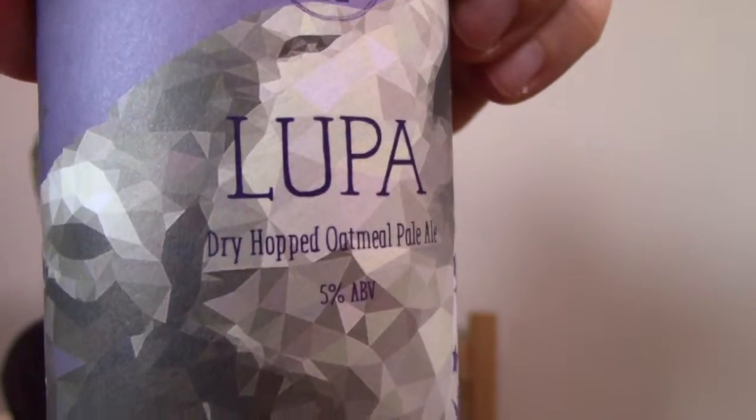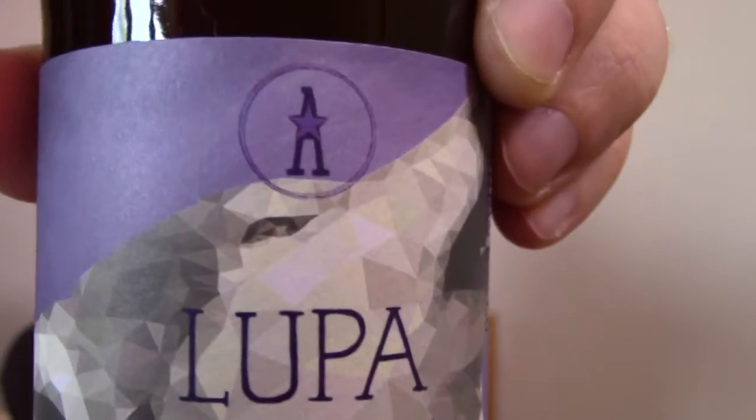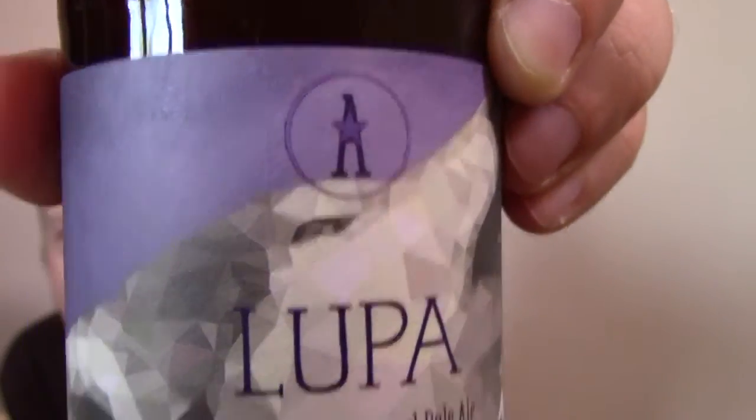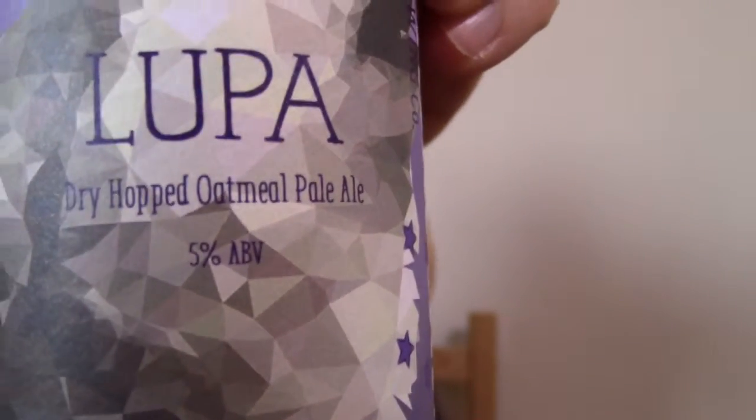It's the Lupa dry hopped oatmeal pale ale, by Arcadian Brewery, and it's coming in at 5% ABV. Yeah, so as I said, this is a completely brand new brewery which has popped up in Cardiff. I think it's West Cardiff. They've literally just popped up in the last couple of months, and I've been really looking forward to trying some